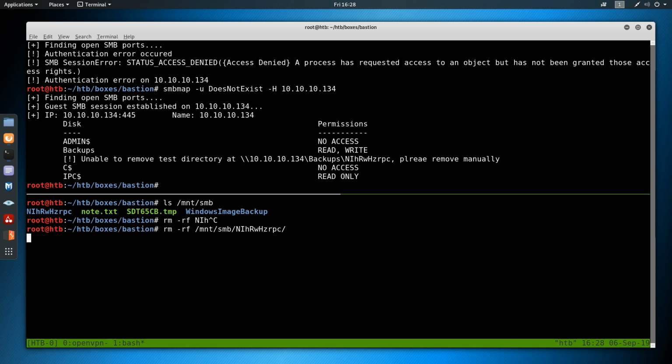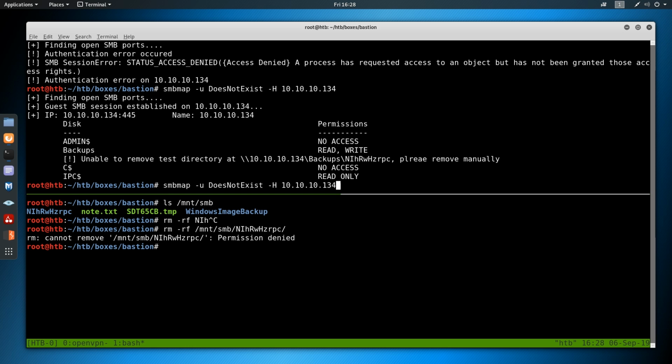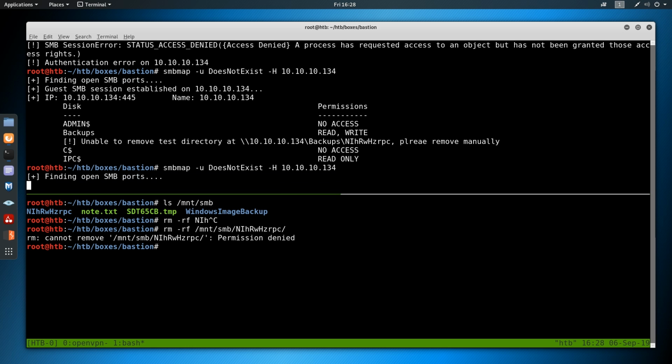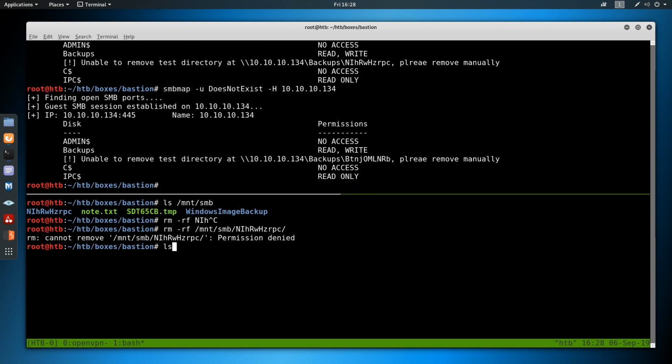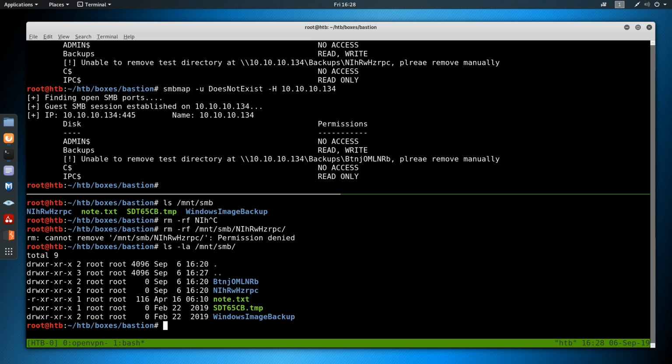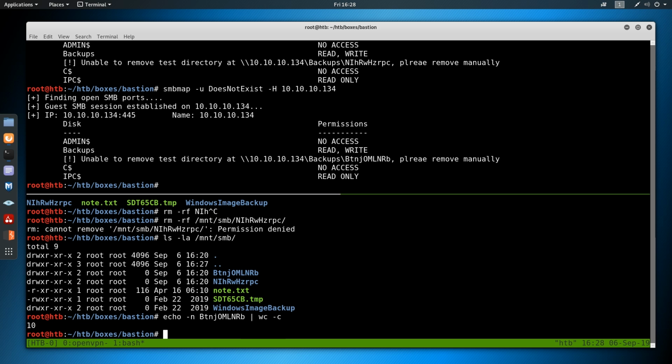But if we try to remove this, we get access denied, and we can verify that it does indeed create a random file by just running that same command again. And if we do ls -la /mnt/smb, we'll see the second file it attempted to create. So if I was creating some type of IOC for this, I'd monitor share drives in the root directory for names that are, let's see, probably 10 characters long. That could help detect SMBMap usage on your network, but